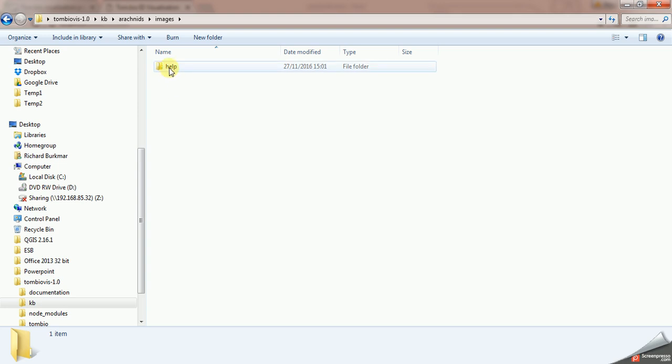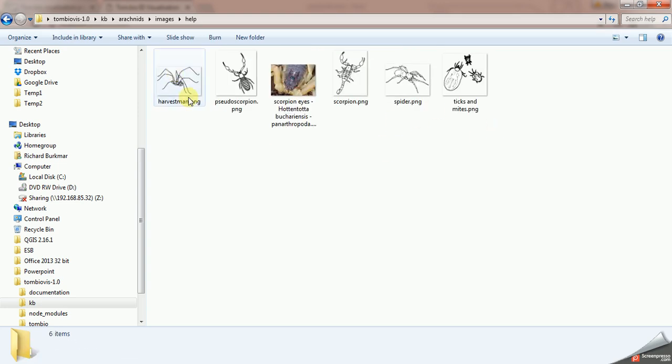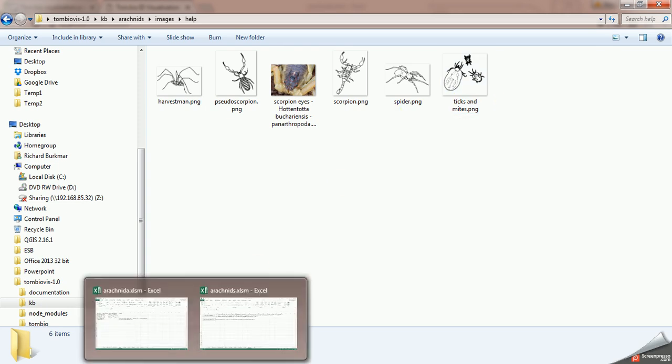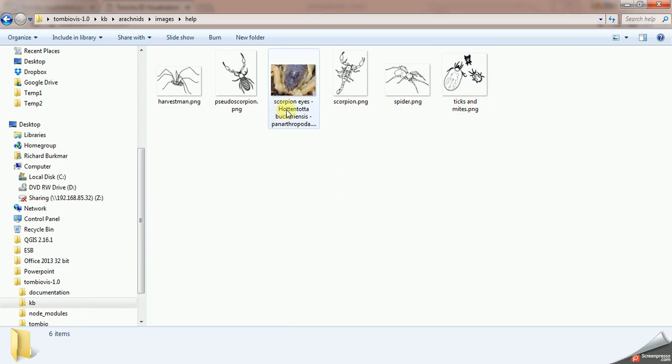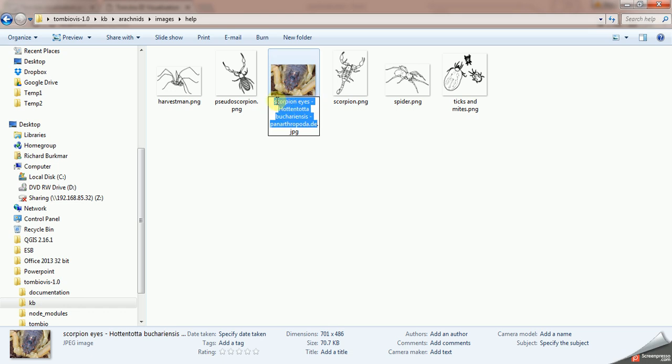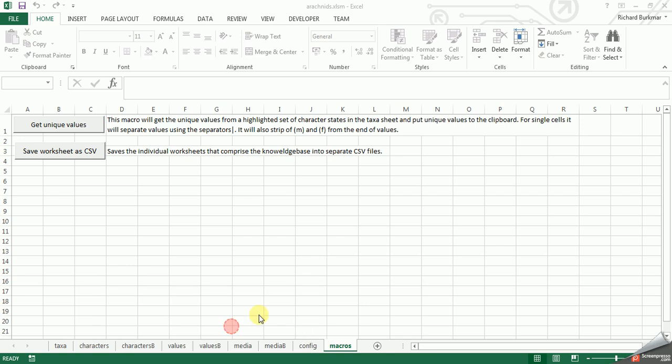I've actually created another subfolder called help. I can arrange this however I like, and I've popped some general pictures in there that will help me provide context and help for some of the characters and character states. So I've got a nice picture there with some scorpion eyes, and I'm going to use this to illustrate the character eye number. I'm just going to copy the name of the file there, go back to the knowledge base,